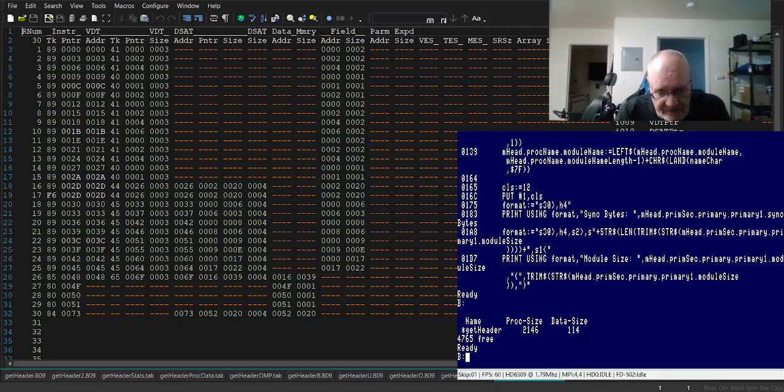And then when you get down here, it shows 30, but it's actually 29 because module name is the mirror. The 89 points to the description area or DSAT, and the F6 points to the